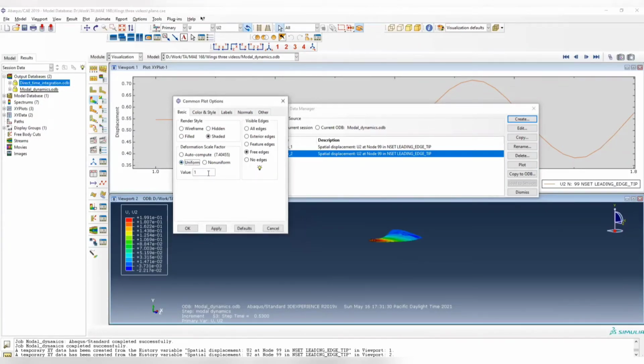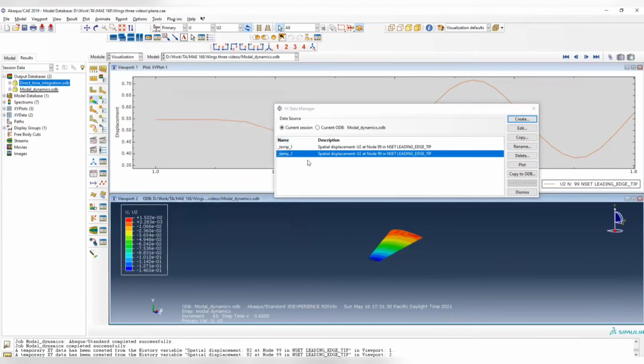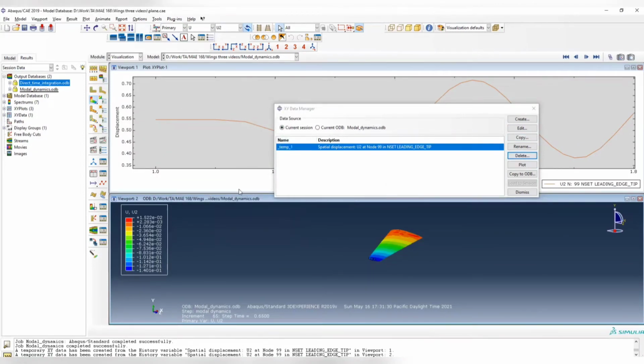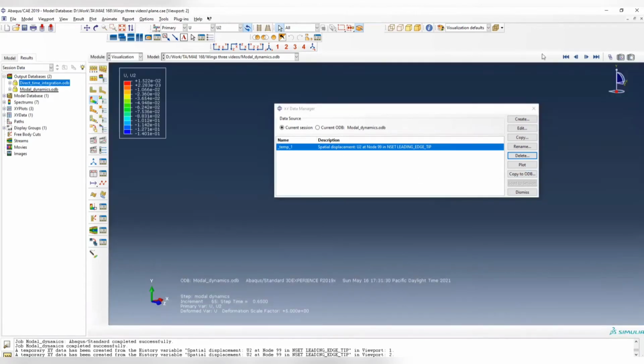So we are going to make it uniform and make it probably just 5. Now you will see a smooth vibration for this deformation. And to further prove it, sorry, let me delete this one. So to further prove it,